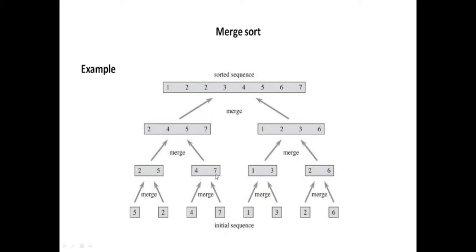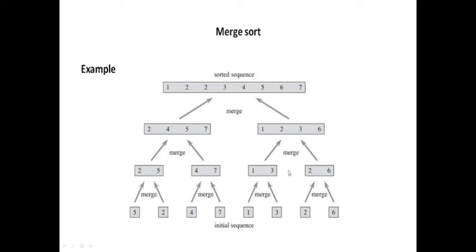Now the pointer moves from 4 to 7, and 7 and 5 will be compared. 5 is smaller, so 5 will be taken here. Now the pointer will be incremented in this list because we have taken the element from this list. Incrementing means we will be at the infinity value, because there is infinity at the end of every list. If there is nothing left, then there will be infinity. Then infinity will be compared with 7, and whichever is smaller will be taken into the list. 7 is smaller, so 7 is taken.